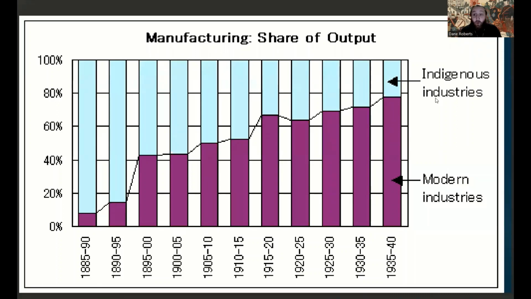And as you can see, with the rise of this industry, you begin to see a decrease in native industries starting in the 1880s and eventually increasing exponentially by 1935 to 1940, but really even by 1915 and 1910 and 1905, meaning that modern industries like mining and manufacturing took over,